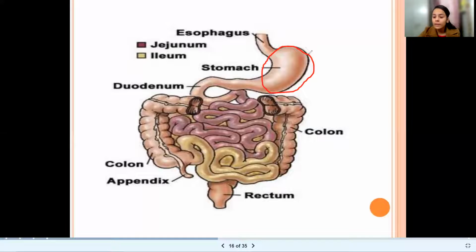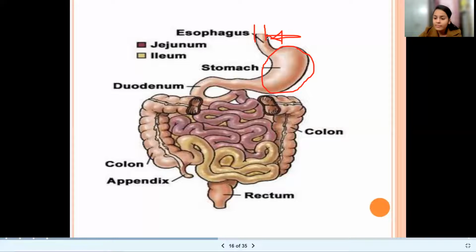Now, see, there are many parts of the stomach. The first part is the cardiac part. Cardiac is a word related to the heart, so the part which is close to the heart is known as the cardiac part. Now the opening of the esophagus, we can say the food pipe, is a narrow opening which pushes the food into the stomach by peristalsis, as we already discussed. The opening of the esophagus to the stomach is mainly controlled by the cardiac sphincter.